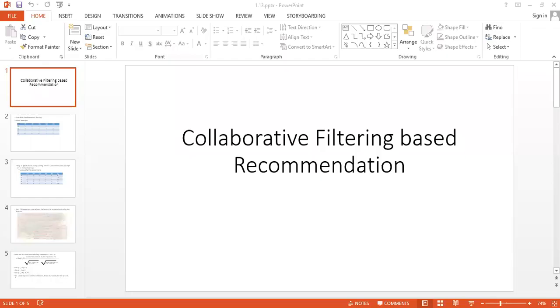Hello everyone. In this lecture, we will see the second type of collaborative recommendation system, that is user-based recommendation system. Before this, we have seen what is meant by item-based collaborative filtering. In that, we have seen how the learning algorithm is going to recommend different items to the users on the basis of data given to it, like how many users are there and how they are rating the movies or how they are rating the products.